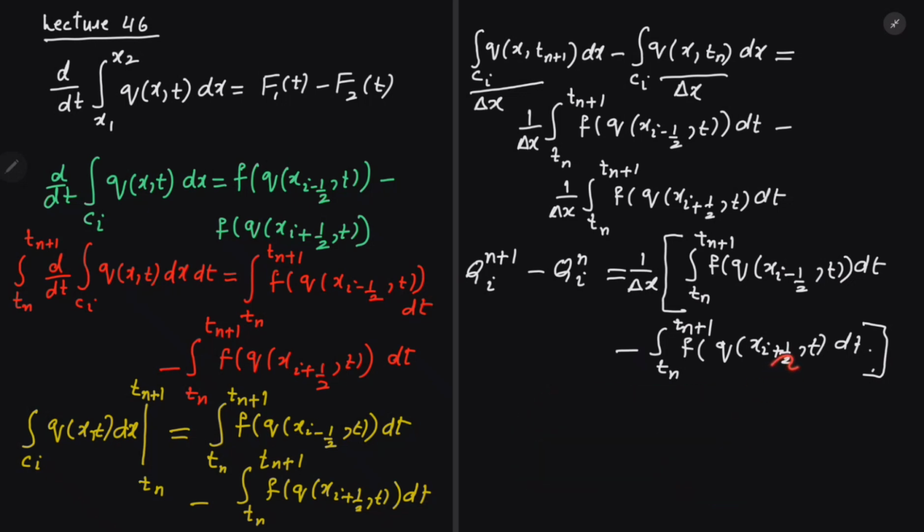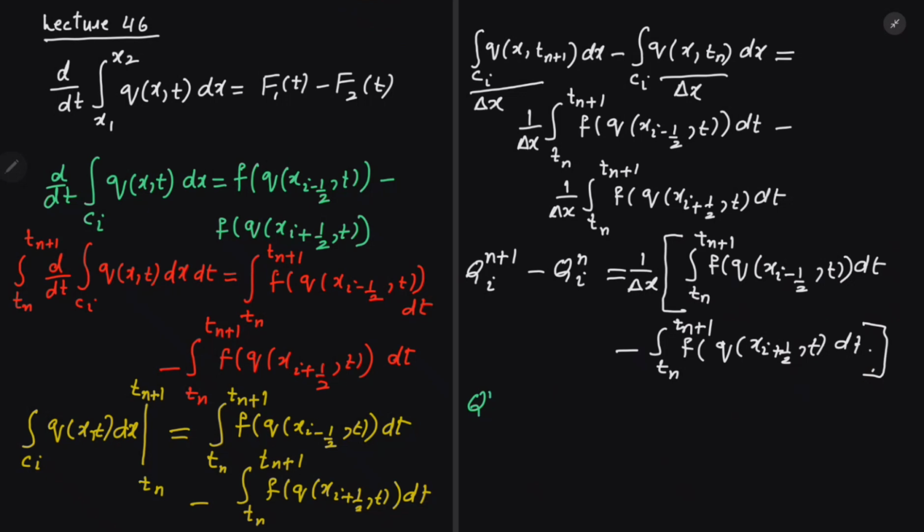So we want to make this expression the first term, and the first expression will go into the second one. So we can change that. So this will be equal to